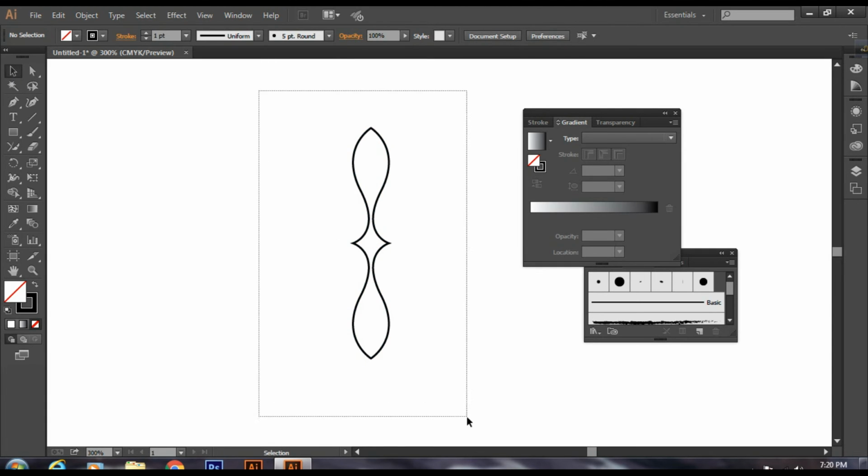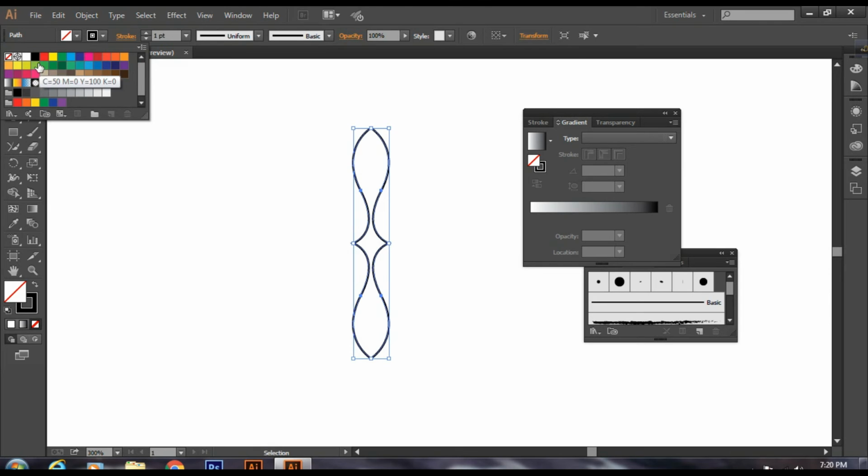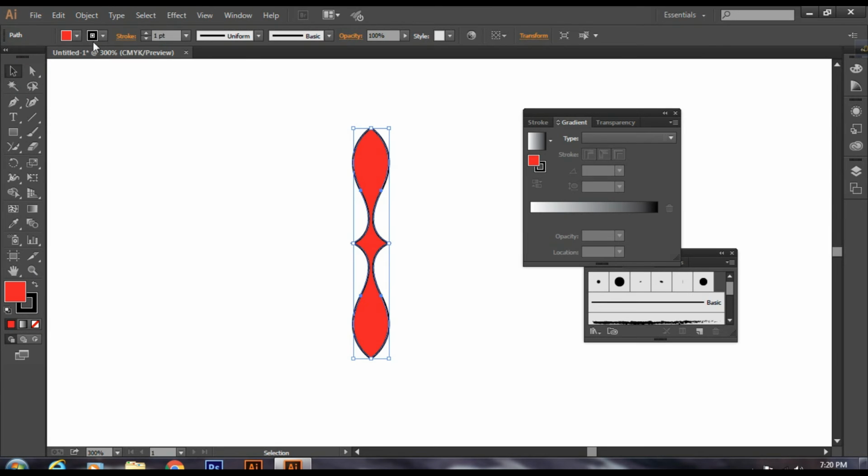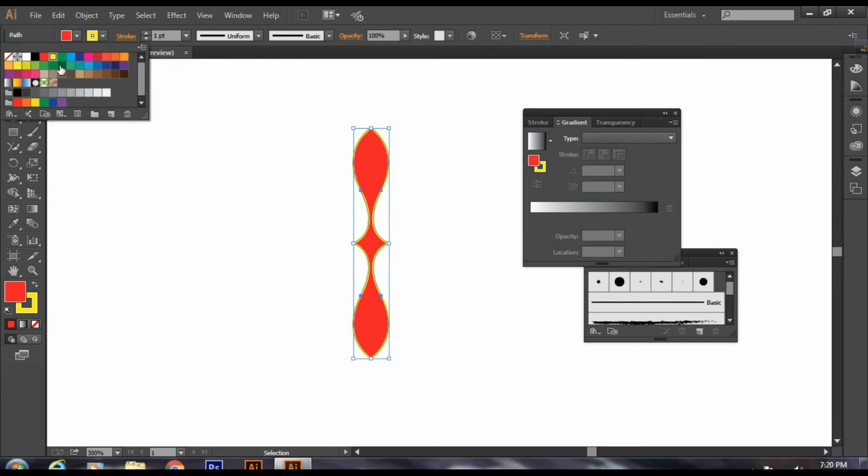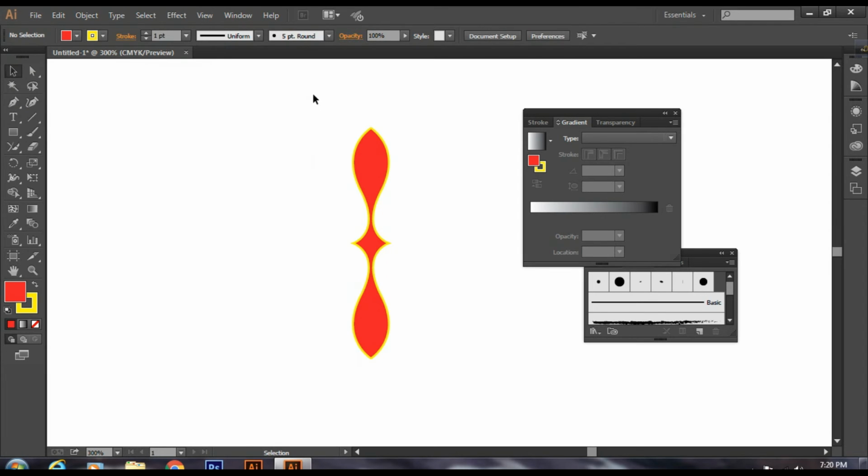Now select the path, go to the color. You have to choose any color, I have chosen a red color. And now select the stroke color and I have chosen yellow color. As you wish, you can choose any colors. After that, you can reduce it, and then